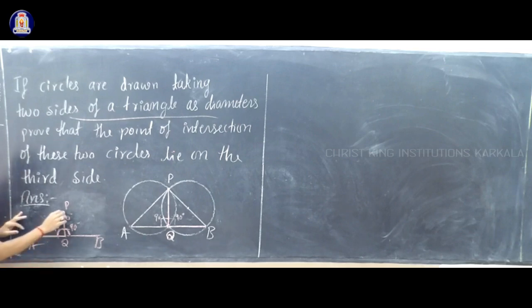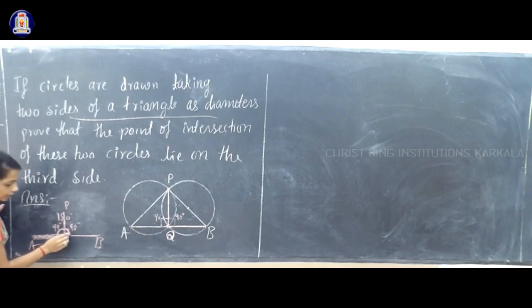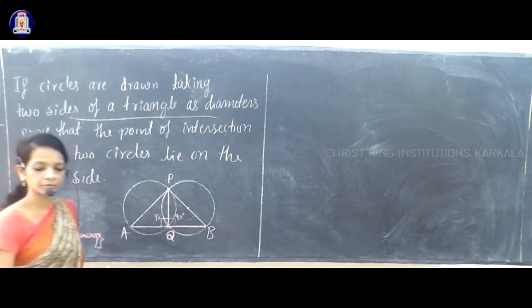Okay. So here what you have PQA and PQB, that are adjacent angles. Adjacent angles means they have a common side and common vertex. Common side PQ and common vertex is Q. If two adjacent angles sum is 180 degree, then their non-common arms, AQ and QB, form a straight line. Means what we can say, AQB is a straight line. Okay, so those steps we write